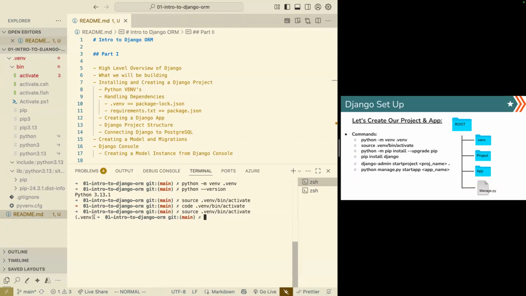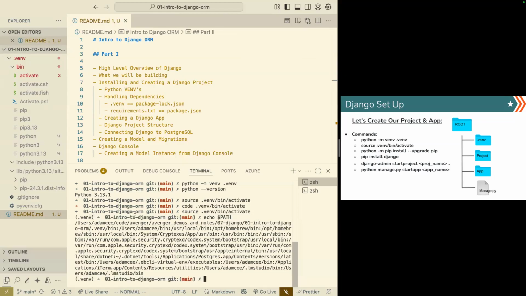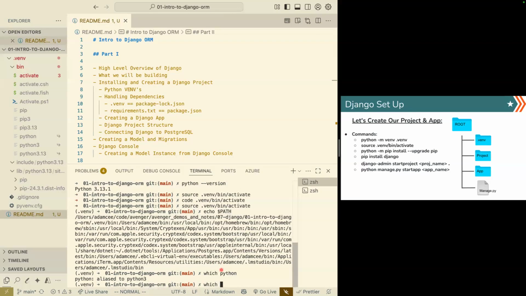well, we see our command prompt has been modified. But if I do echo PATH, note how this first directory, or this first path, points to our virtual environment directory. Do you guys see what I'm saying? So now, if I do which python,